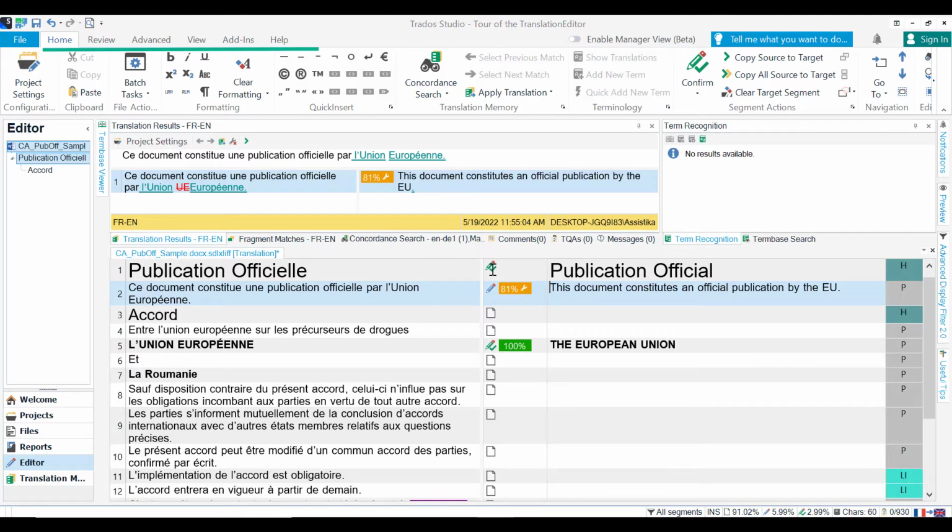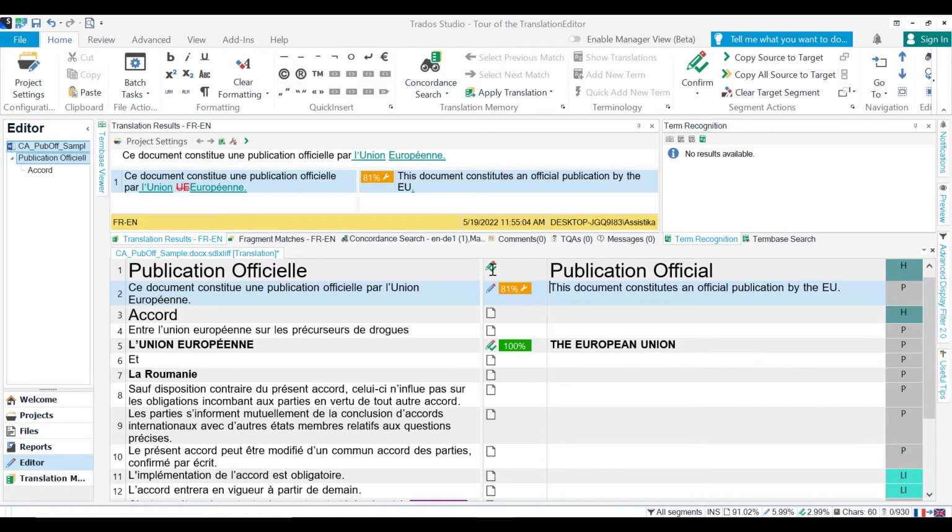The Home tab is just one of a few different tabs at the top of the ribbon here. The ribbon is designed so you can access the most frequently used functionality easily and quickly, and it's tailored for each different area of Studio. In this tab, you can access different actions for formatting your document, inserting symbols, and different segment actions, such as merge or split segments, or change segment status.